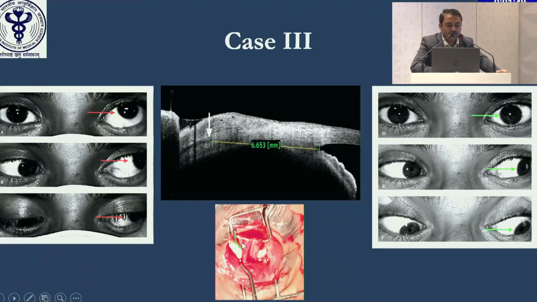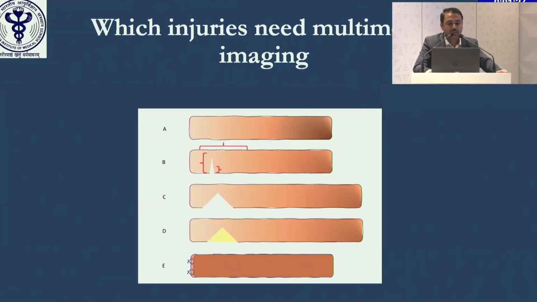Here you can see that if this is 100% width of the rectus muscle on the nasal side, around 20% of the rectus muscle is torn. So you do the rectus muscle plication and SR recession because the superior rectus was tight, and we have achieved orthophoria. At the same time, we give the infraduction function, which cannot be given by transposition, right? So that is the impact we are going to create by combining multimodal imaging.